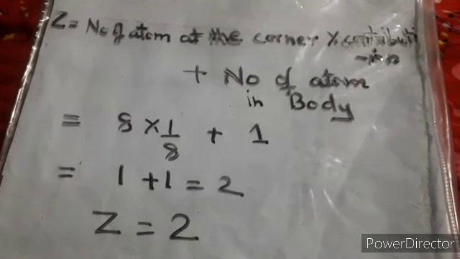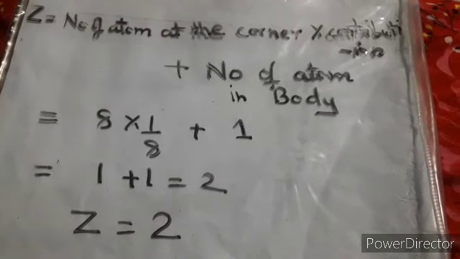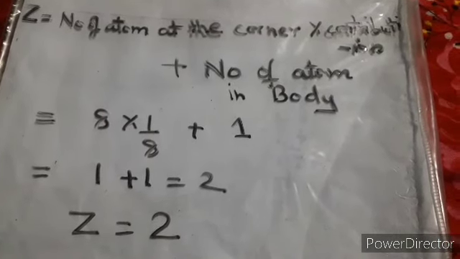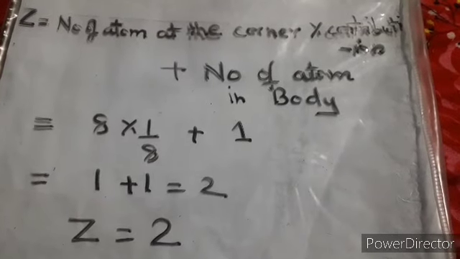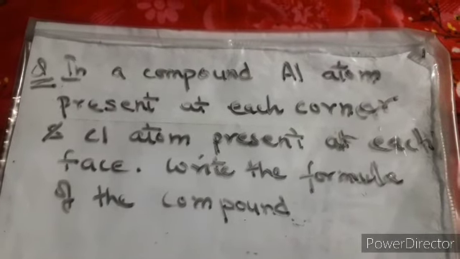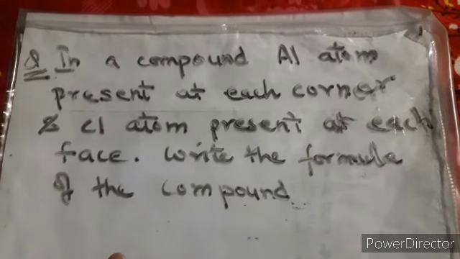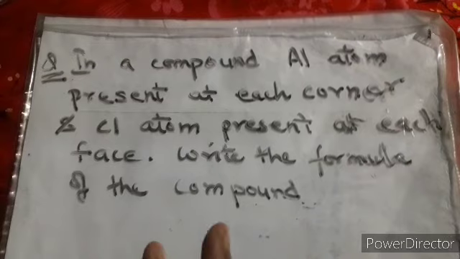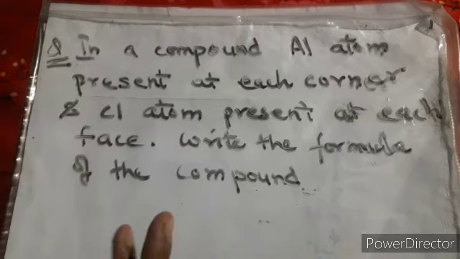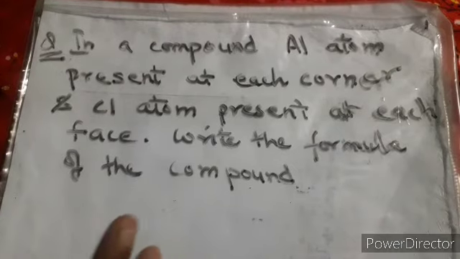Now there are certain numericals that come in your board examination. This type of thing is just a concept to remember the formulas. Now I am focusing on two numericals that come, and these are important because this type of numerical comes in 1 mark questions. So this is a question I have written. In a compound, Al atom is present at each corner, and Cl atom is present at each face, write the formula of the compound. Please make sure that I have written atom, they can write ion also, or particles, whatever they want to use. And in place of these elements I have given you Al and Cl, they can give you any alphabet from A to Z. So this is also the case.